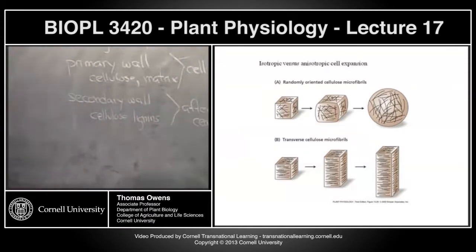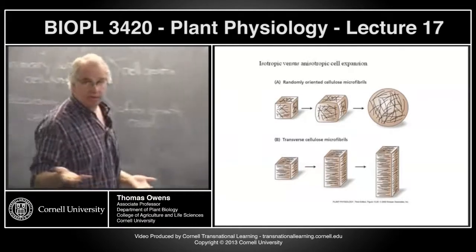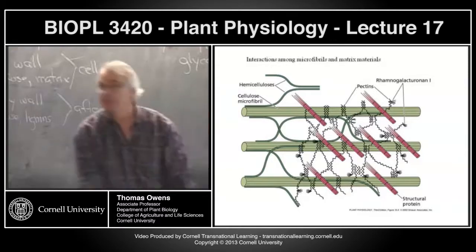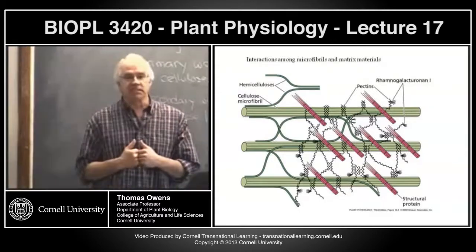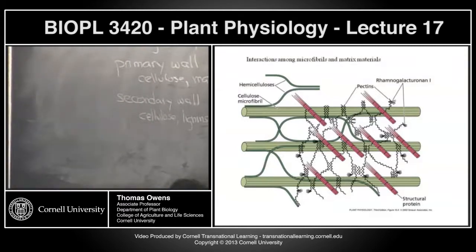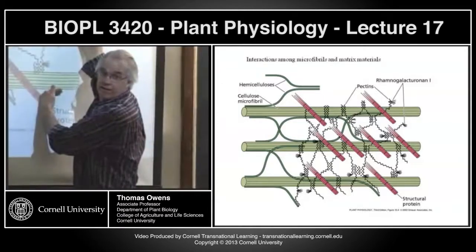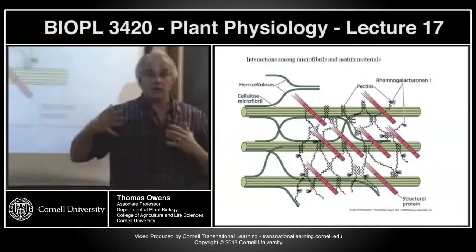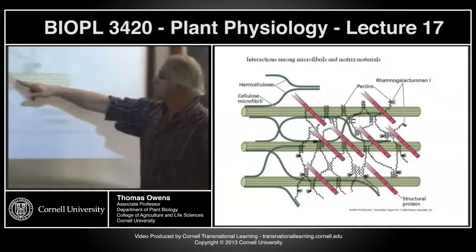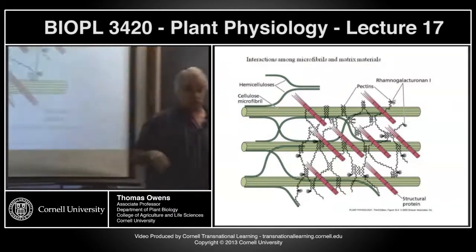So in the first case, we're going to start off with a cubic cell where all the cellulose microfibrils are randomly oriented. So let's go back again. I should have put these next to each other, to this picture. And think about which way these microfibrils can move relative to each other. Can they move much this way? No, because the cellulose microfibrils don't stretch. Can they move this way? Yeah, because the things that are holding them together are not quite as strong. The interactions that hold these together are due to non-covalent hydrogen bonding, rather than this way, which is all covalent